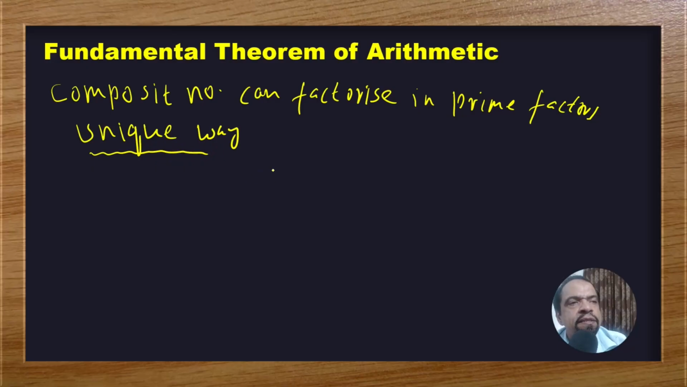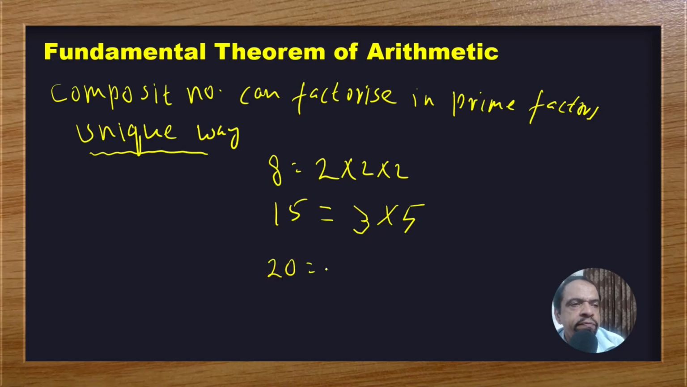For example, we are doing factors 2 into 2 into 2. So this is unique. We cannot change it. We cannot insert any number. For example, 15 is 3 into 5. 20 is 2 into 2 into 5, like this. This factorization is unique, meaning we cannot insert any other number. We cannot change it. We can change the order, 5 into 3 or 3 into 5, but we cannot insert any